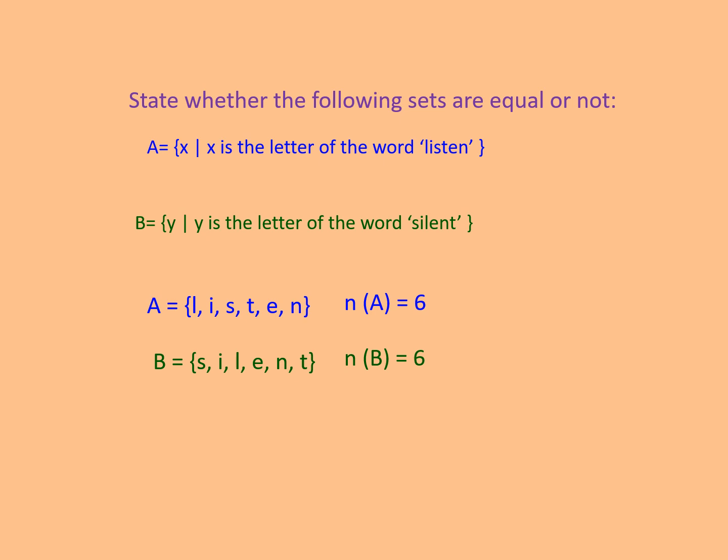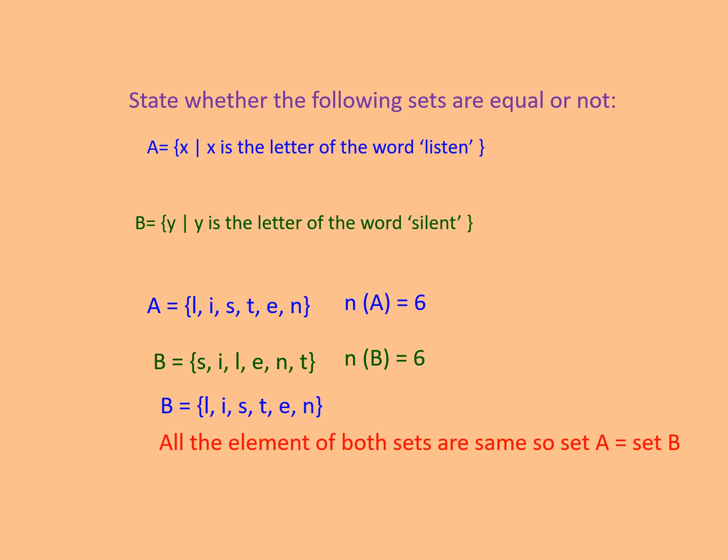For that, what we will do, set B I will write in the arranged form as in the form of A. Now you can say that whatever elements set A has, the same elements are there in set B. The blue color is not necessary to be written, but for your convenience, for you to understand, I have written in the same order. The elements should be present in set A and B, but it is not necessary that they are in the same order. Therefore, we can say that set A is equal to set B.